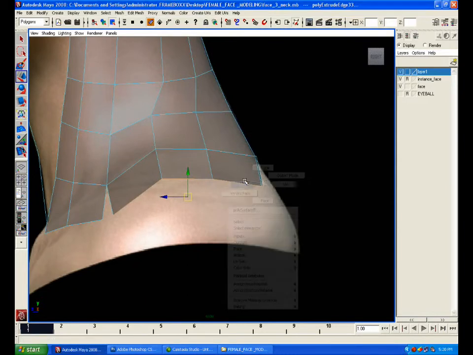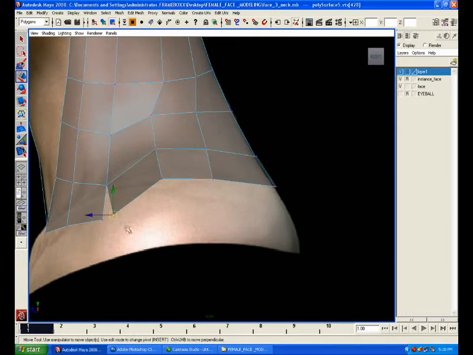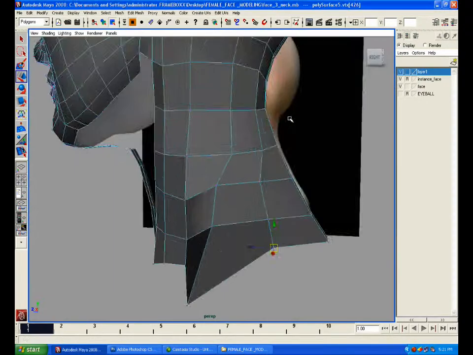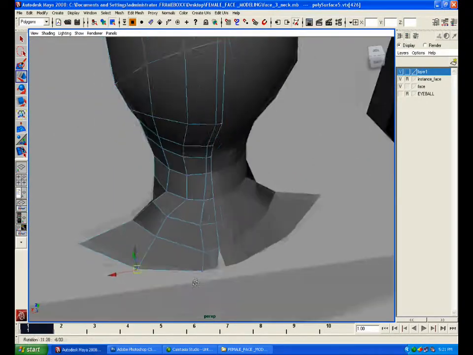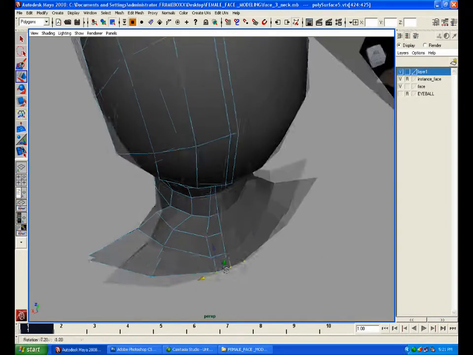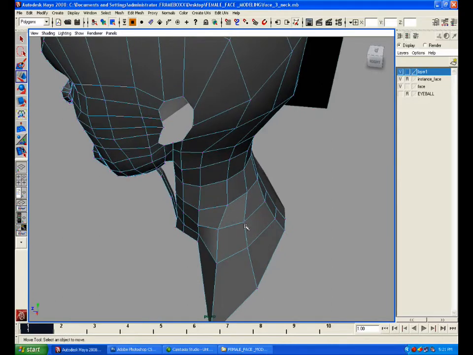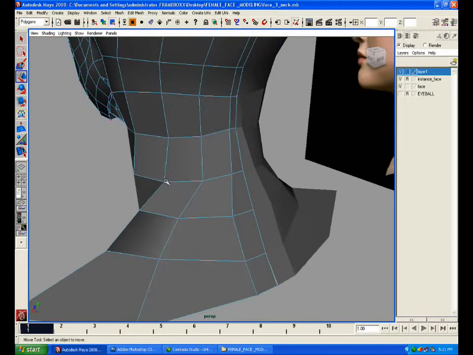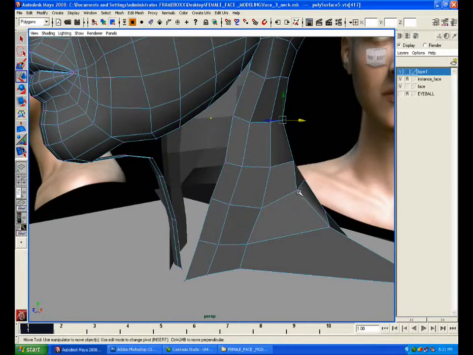First of all I will select these edges and extrude them outside, adjust them from the side viewport, tweak them, to create the upper portion of our deltoid muscles. Select them, maintain the midline,